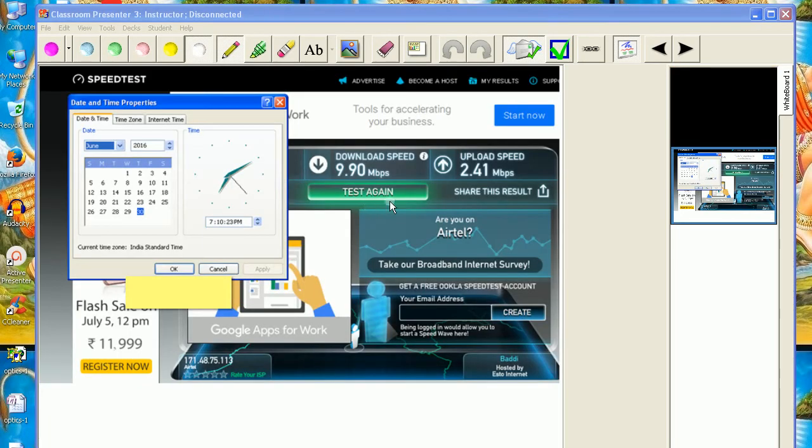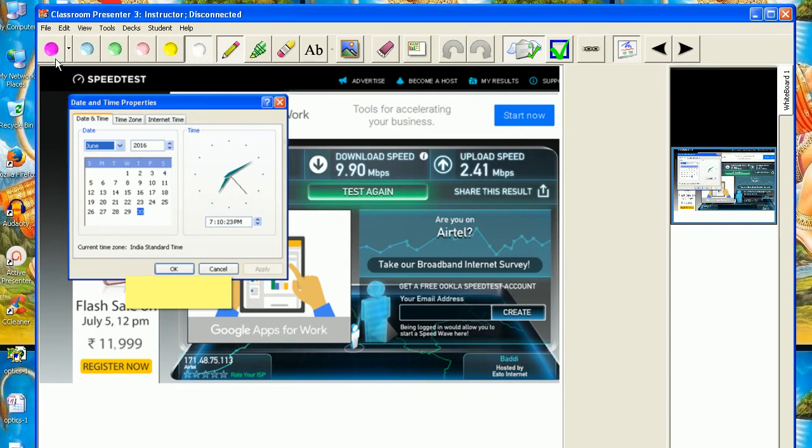Here I have inserted the slide. You can see here this point, this one. So this is the slide. When you are giving the presentation, if you have to mention anything, by using the pen you can mention anything on that. In this way, here I have taken the snapshot of my internet speed. In this way you can explain, right?